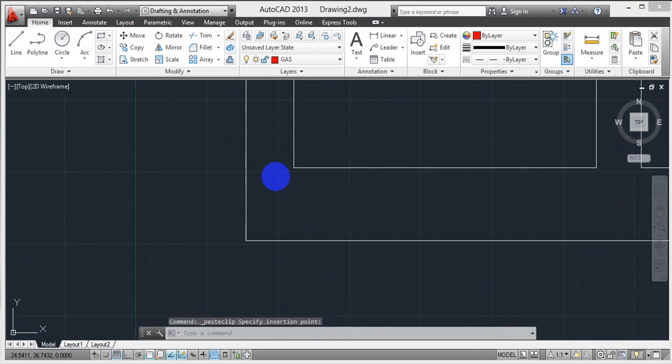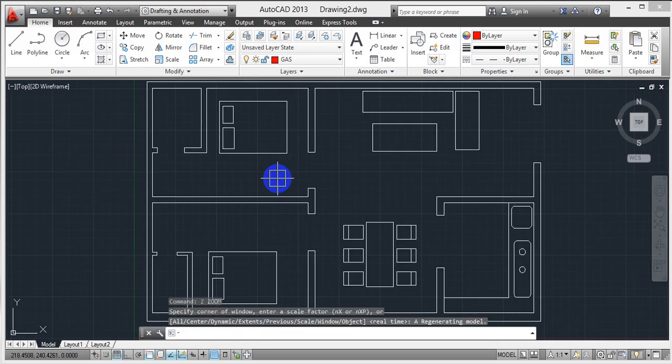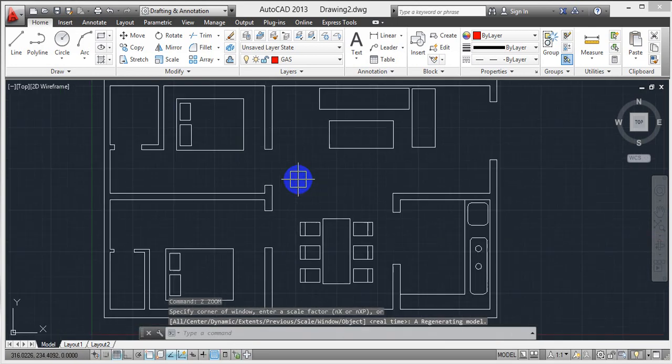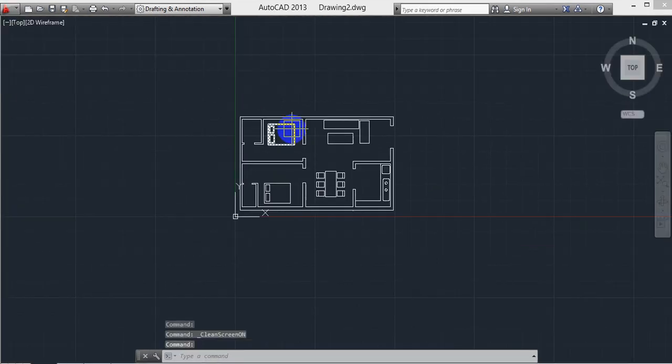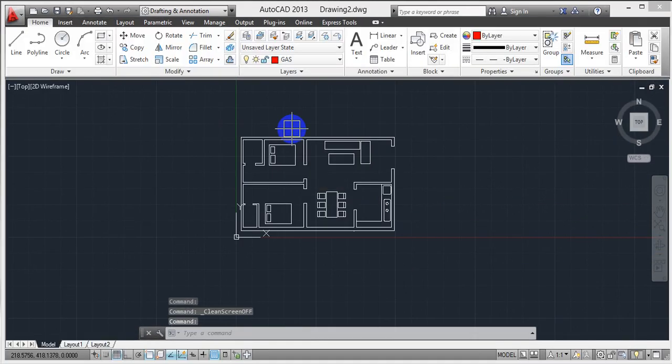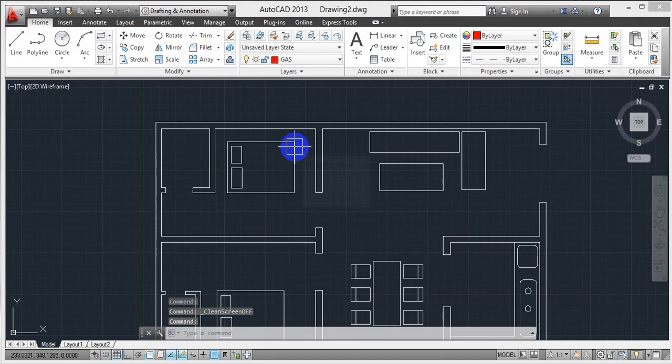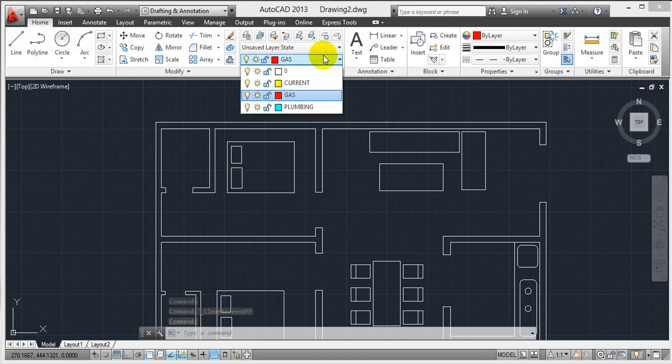Sometimes zooming doesn't work. Z enter, A enter, simply it shows. So don't type Control 0. If you select Control 0, there will be no line types. You have to select again and again. Control 0 again for normal screen. Now you have to make electricity line or gas line or plumbing line.